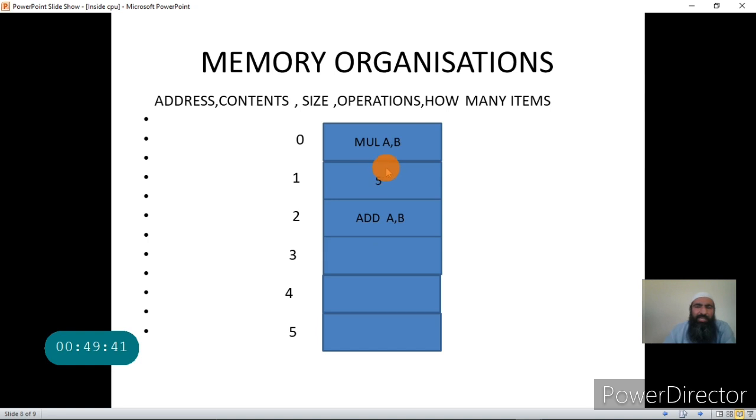Now, what are the different operations that can be performed on a memory? You can either store a number or an instruction in a memory, or you can read that number from the memory. So there are basically two operations on the memory. One is called a read and another is called a write. Suppose I have location 3 and I want to store some number there. So I write that number in that location. And if I want to know what is in location 1, I read that.